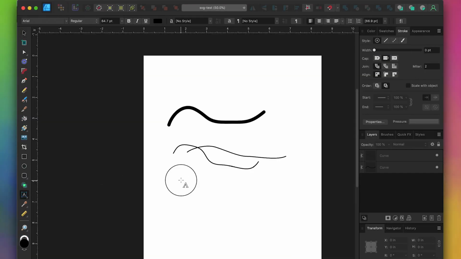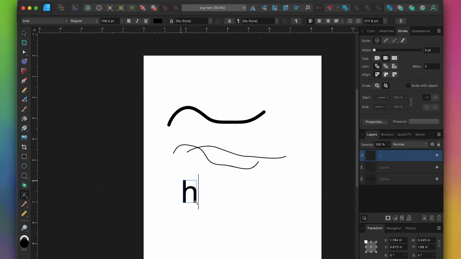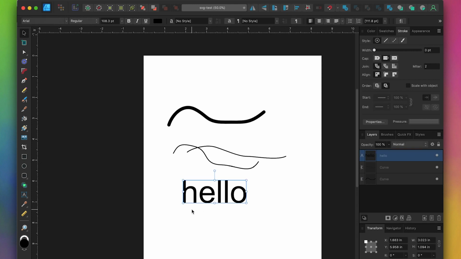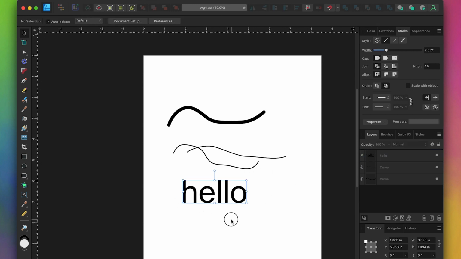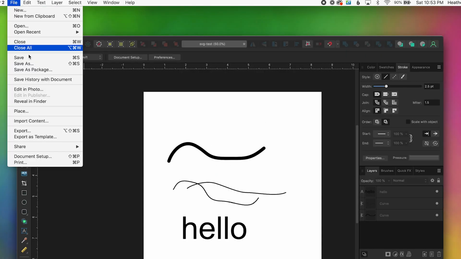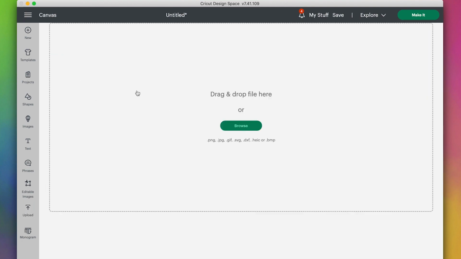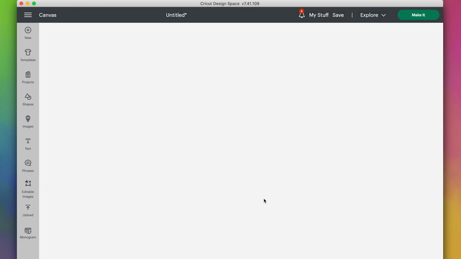Also, when you're dealing with text, so if you add some text here, and then you just export it, this is going to be actual text and not a shape. And remember, Cricut Design Space likes shapes. If you actually try to import a design like this into Design Space, it's not going to work. So if I do export and then I go to Cricut Design Space and I try to upload it, it just gets stuck at this screen and it never passes it because it doesn't understand the text in the